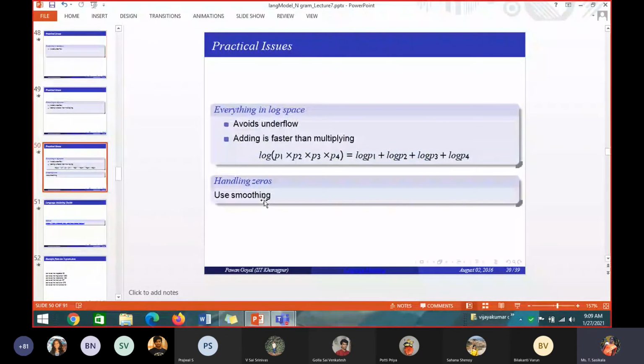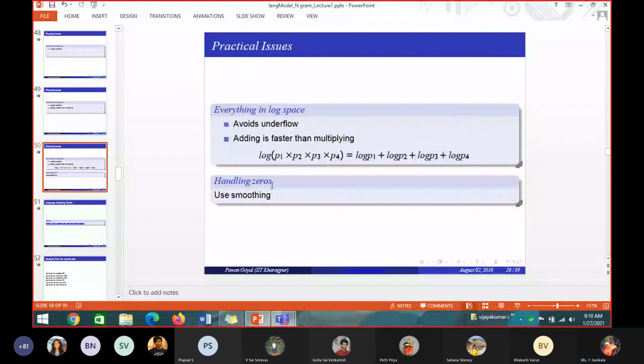If any of the bigram counts is not occurring in my corpus, then the corresponding probability of that bigram is 0. So when you multiply 0 with other bigram probabilities, the entire sentence probability will be 0. In order to avoid 0, we will be using some smoothing technique. There are two techniques for how to handle zero probability bigrams, trigrams or n-grams. That we will be dealing with in the next class.